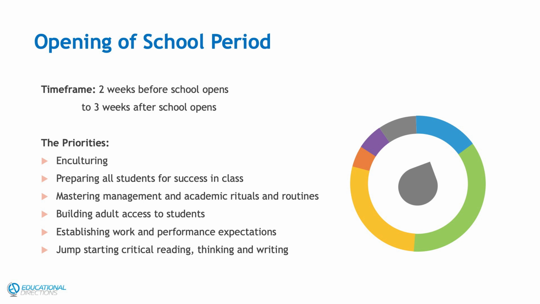We're going to be setting work expectations of what performance looks like, what good work looks like, what good behavior looks like. And then we're going to jumpstart their critical reading, critical writing, and critical thinking through every single thing that we do. That could be both the lessons that we give, through some of the fun things that we do with them, even in terms of some of the things that we do for rewards or lunchtime, or how we open school in the morning or have the bus schedule in the afternoon. We're going to embed as much critical thinking as well as reading and writing as we can into every piece of it.